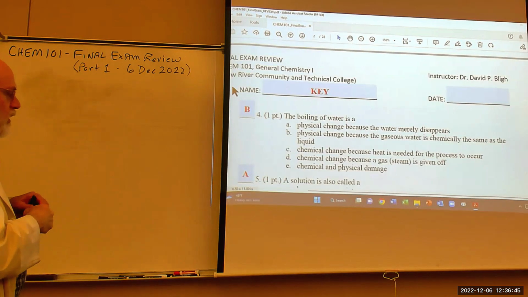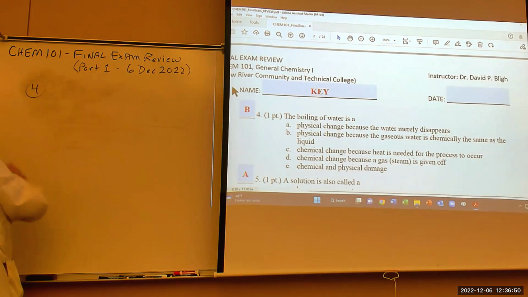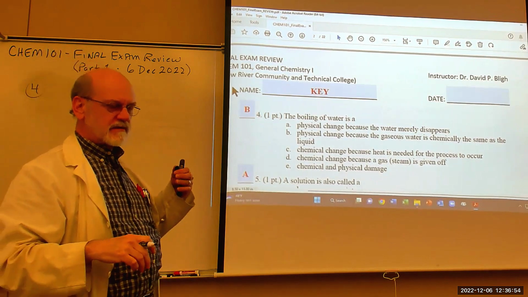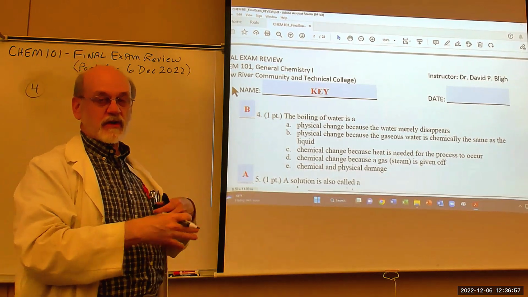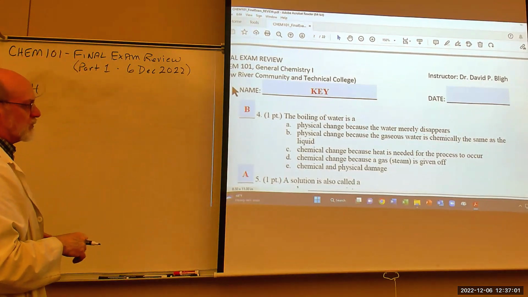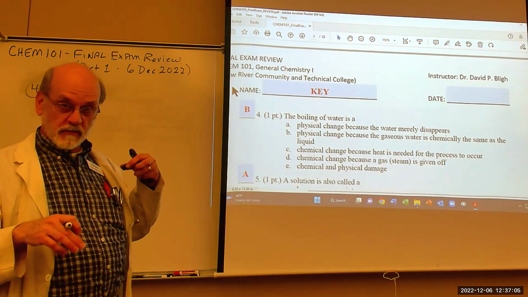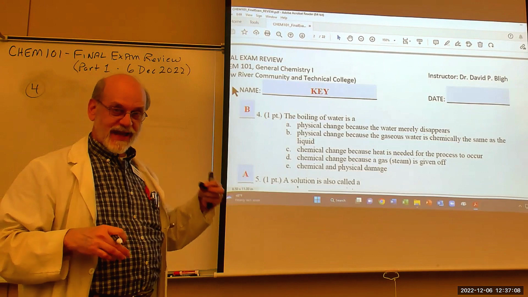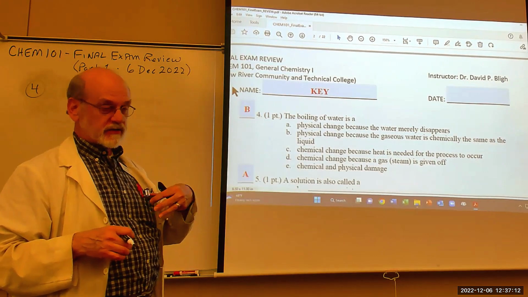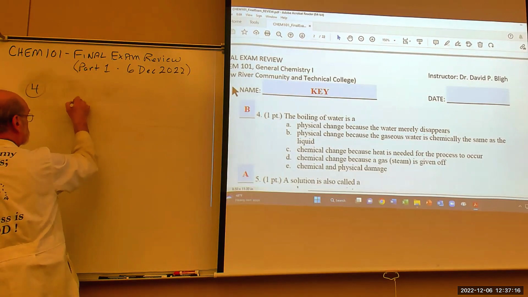All right, number 4. I think these problems are going to be pretty much in the order that they occur in the textbook. The boiling water is what? Well, if we look at the answers, we see what the question is asking has to do with physical versus chemical change. The boiling water is a physical change